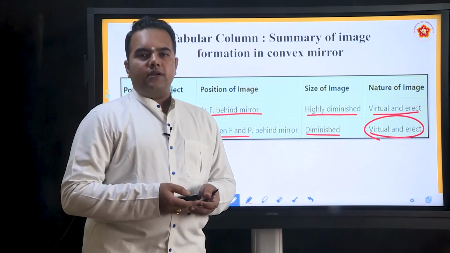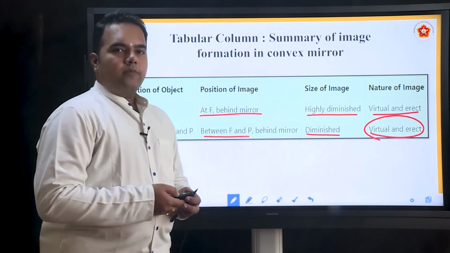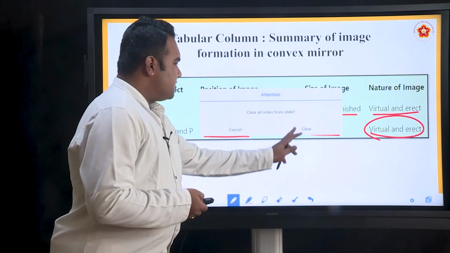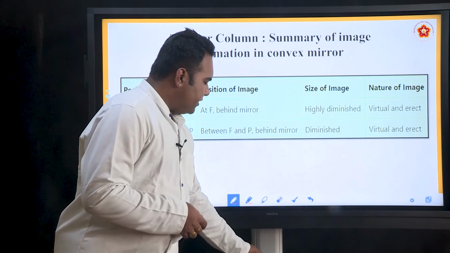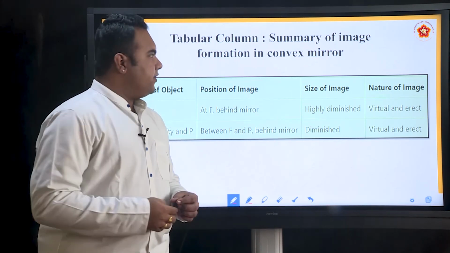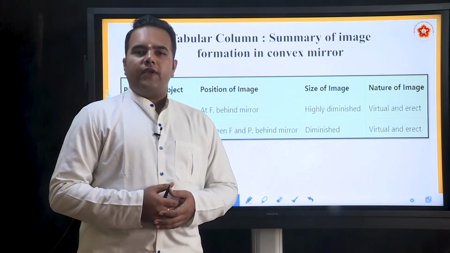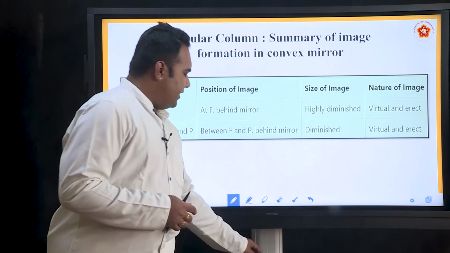So, this completes the module where we have checked the image formation in a concave mirror and a convex mirror by drawing the suitable ray diagrams. So, with this we conclude the module, and then we continue with the next lecture where we talk of another phenomenon of light called the refraction of light.